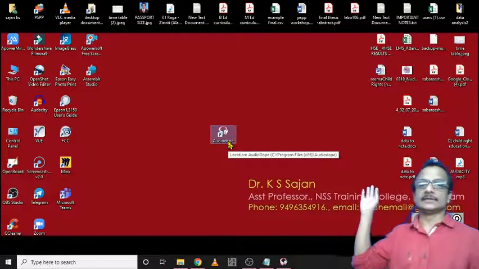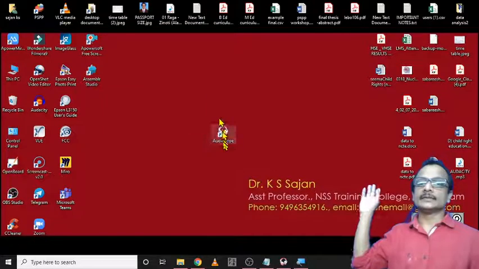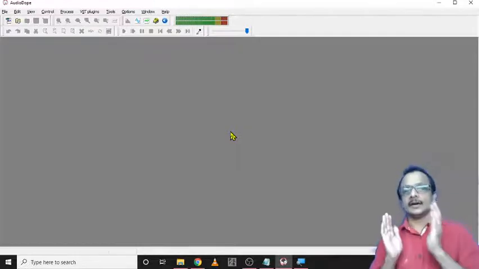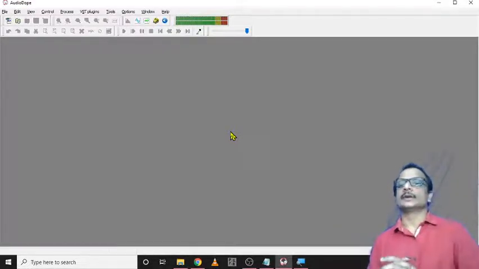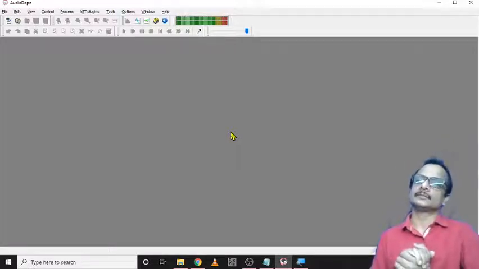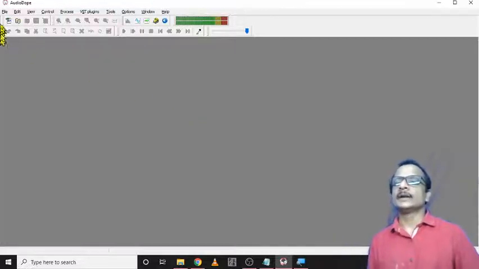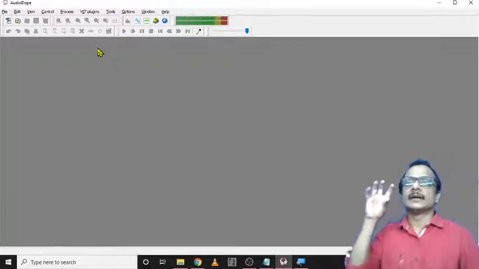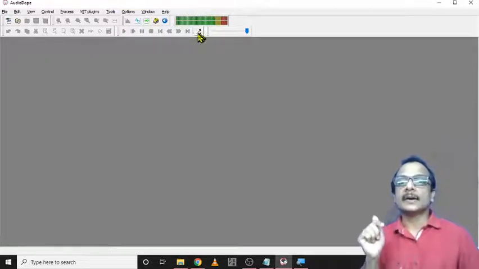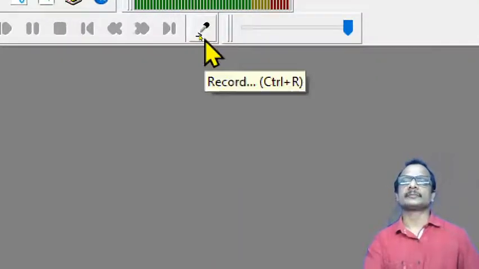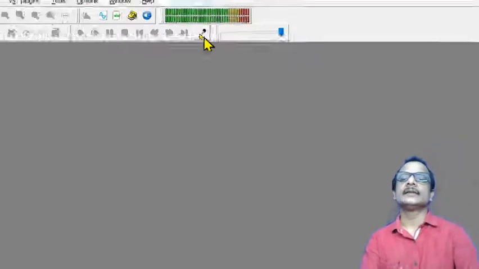In the center you can see this is the application, and you can utilize it for the editing of audio files. Here you can also record directly, using some features. You can record, you can edit, you can do some of the functions available in Audacity. Here there is no red record button, but there is a microphone icon. Can you see the microphone icon here? Just click the microphone icon, that is the recording button.